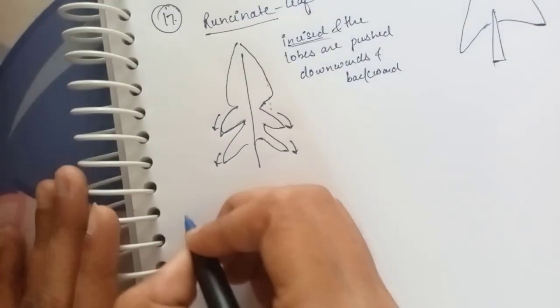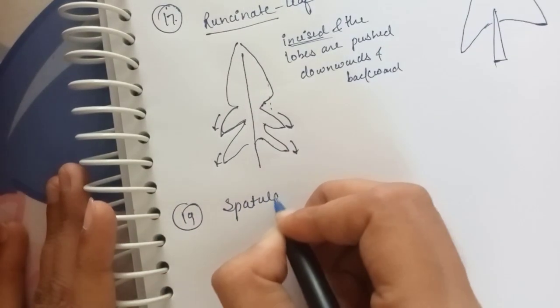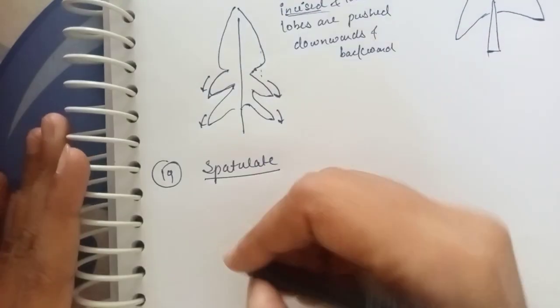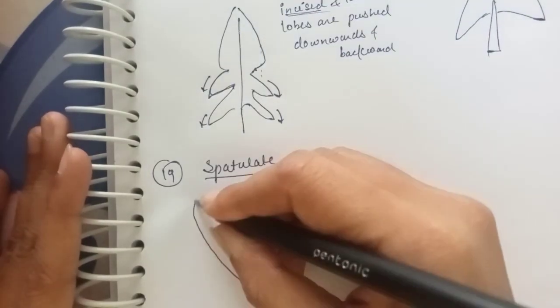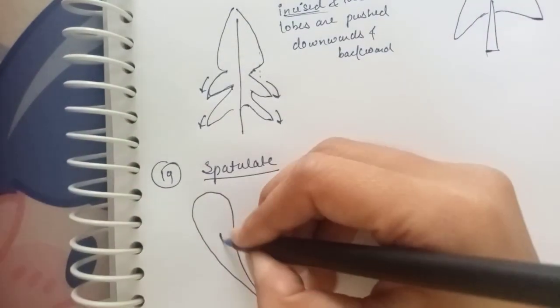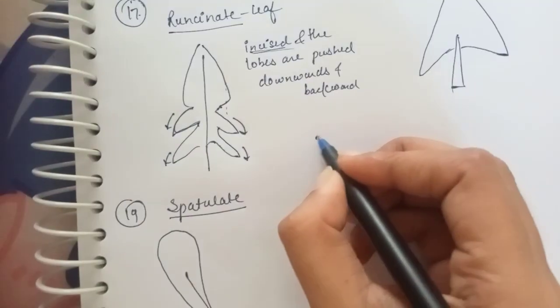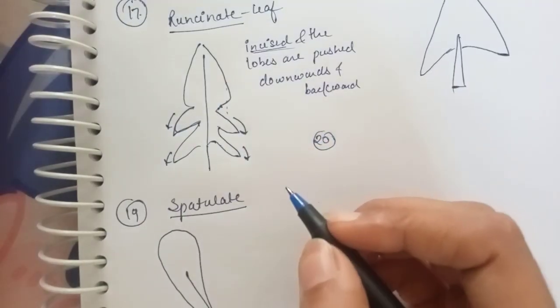The other shape, it is very easy, spatulate. The name is suggesting only, it will be looking like a spatula. This kind of leaf are known as spatulate leaves. Since these were the shapes of the leaves that you will come across mostly in your Dravyaguna subject,